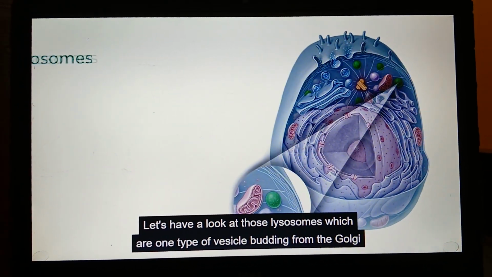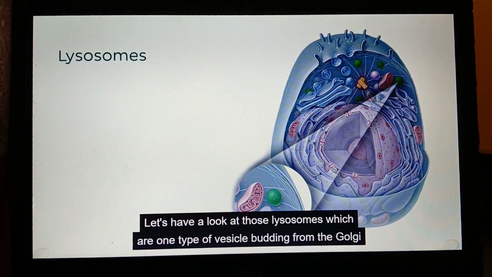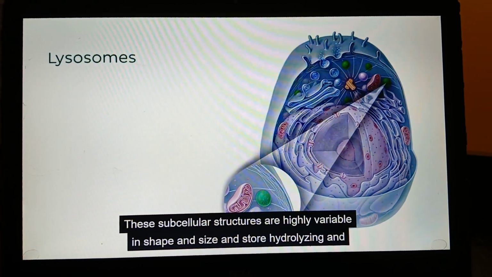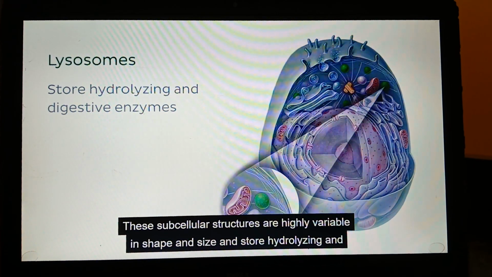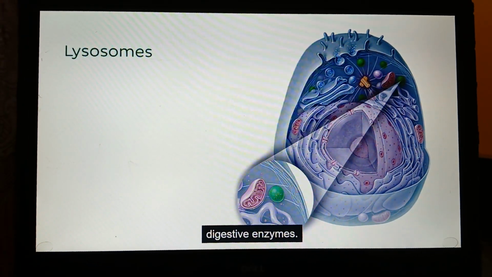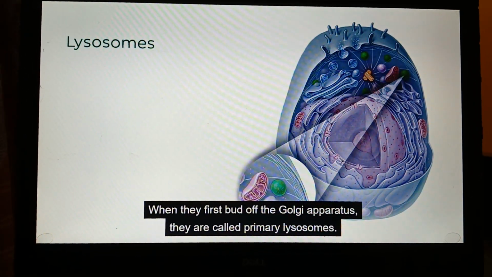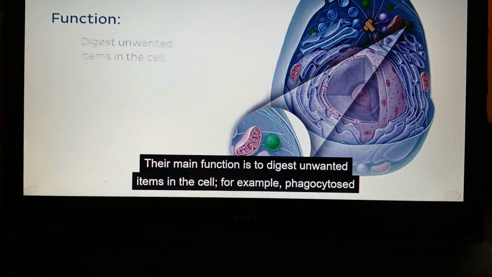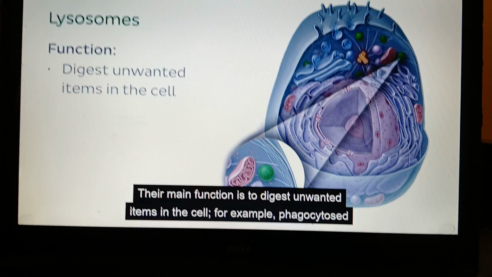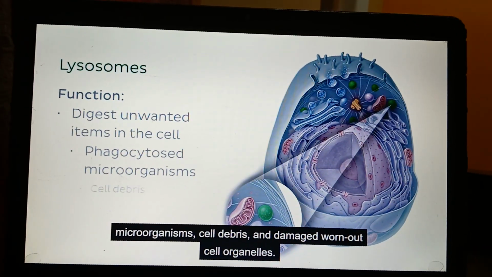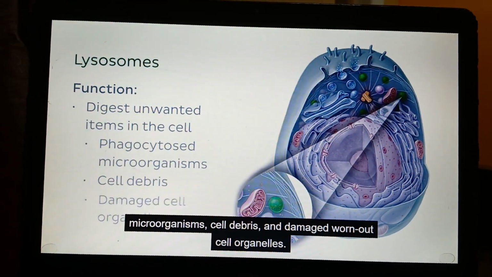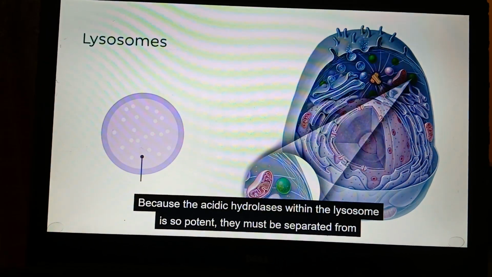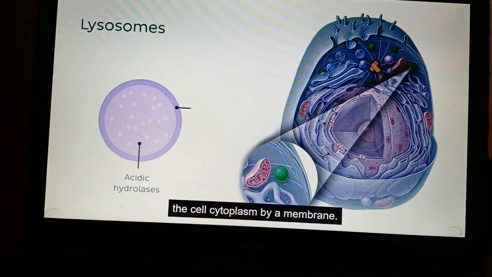Let's have a look at those lysosomes, which are one type of vesicle budding from the Golgi apparatus. These subcellular structures are highly variable in shape and size and store hydrolyzing and digestive enzymes. When they first bud off the Golgi apparatus, they are called primary lysosomes. Their main function is to digest unwanted items in the cell, for example, phagocytosed microorganisms, cell debris, and damaged, worn-out cell organelles. Because the acidic hydrolases within the lysosome are so potent, they must be separated from the cell cytoplasm